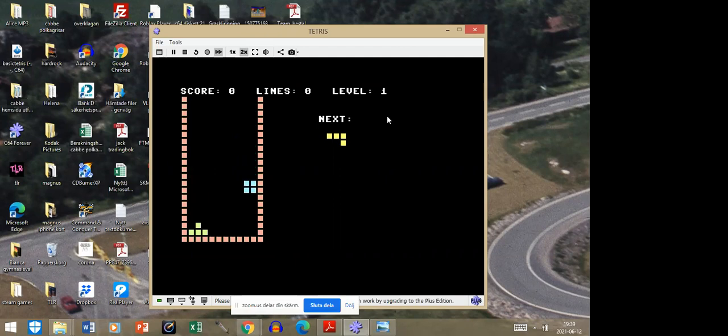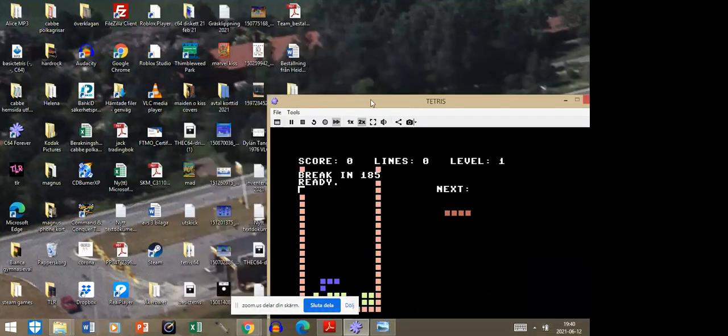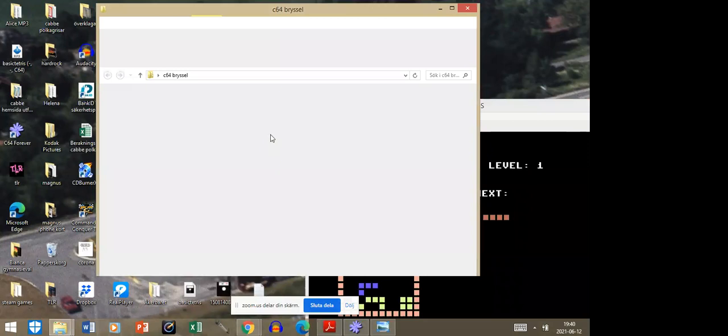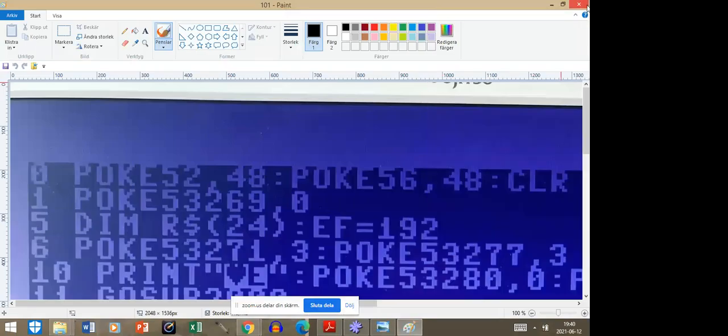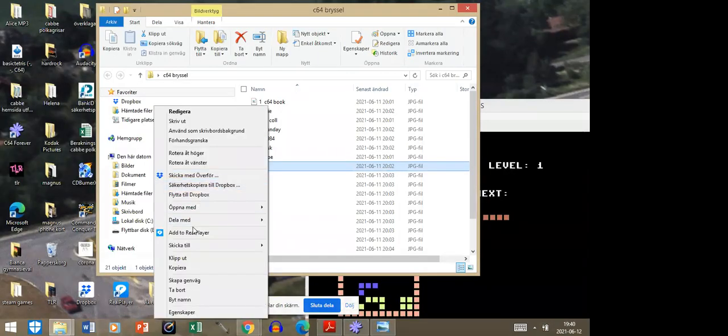And the hardest part in this game, I think, was when you got some points and it's going to delete one row for you, is how to move all the other rows down 1 or 2 or 3 or 4 blocks without taking 10 minutes, because it's only BASIC. But I did that. I can show you. I think it's easier if I show it here. So if you do like this, put it in with